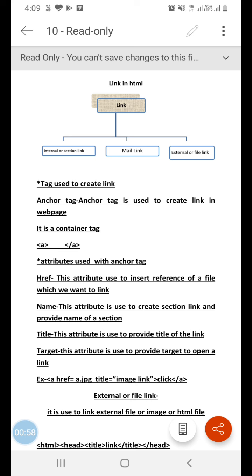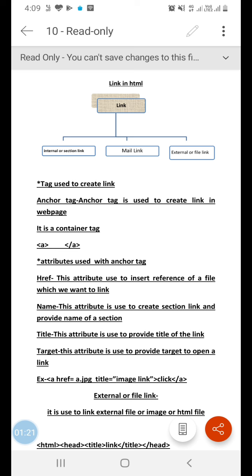In HTML, the tag used to create a link is known as the anchor tag. The anchor tag is a container tag which is used to create a link in our web page. This tag is denoted by the alphabet A within angle brackets.